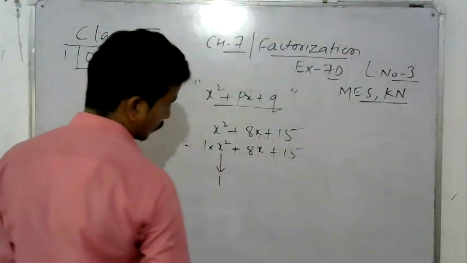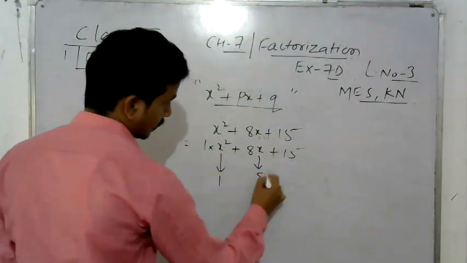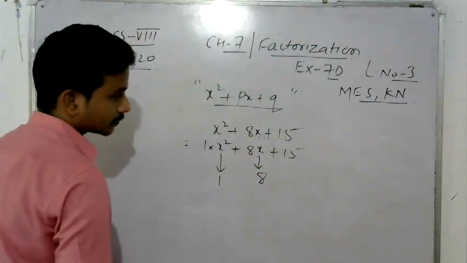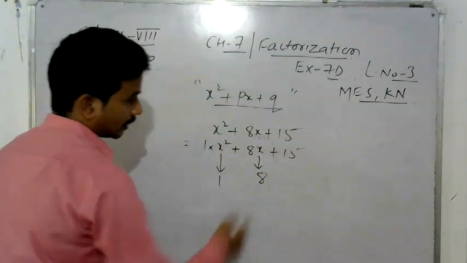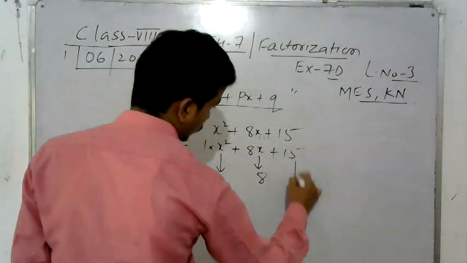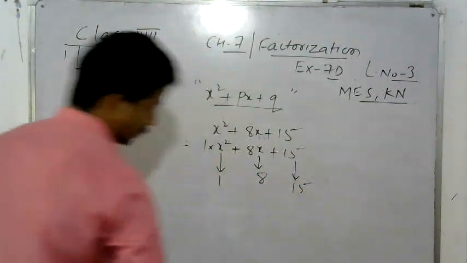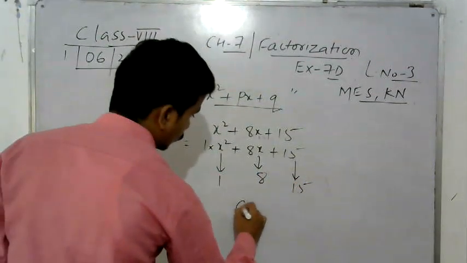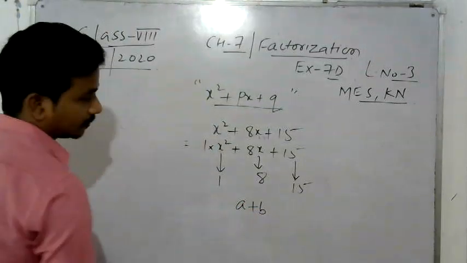And here, what is the coefficient? Coefficient of x is 8. Okay, and the constant term, what is the constant term? Constant term is 15. So we have to find two numbers such that if we add them together,